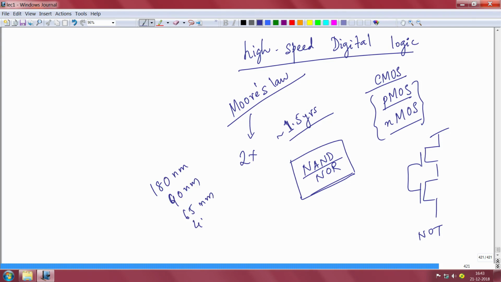So you are shrinking the transistor dimensions from microns to 180 nanometer to 90 nanometer, 65 nanometer and so on, right, 45 nanometer. Now we had also 22 nanometer. Now people are talking about 15 nanometer, which is commercialized, and the 7 nanometer node, where Samsung and TSMC are competing. The 7 nanometer node is also now almost going to be real.